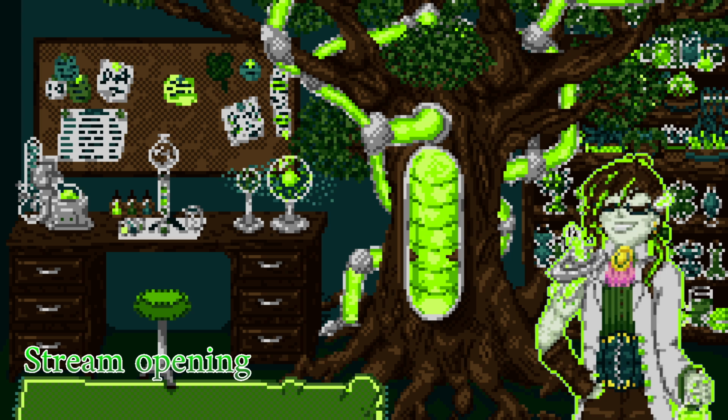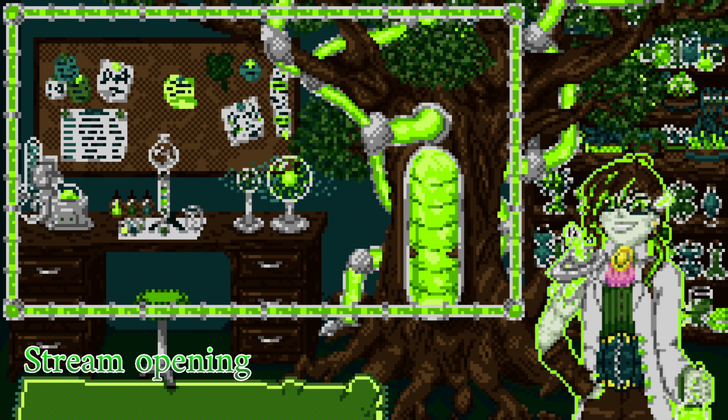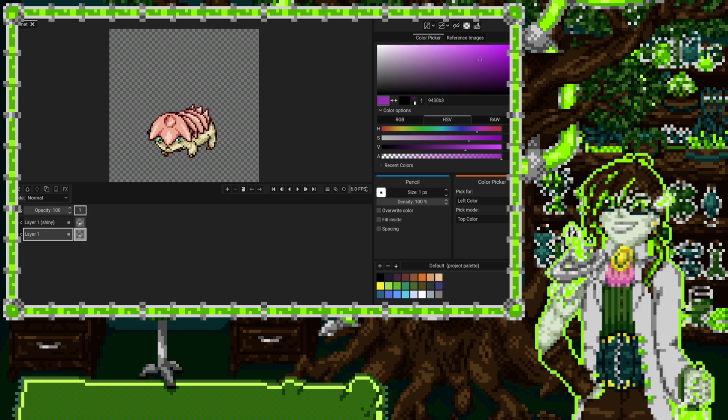Let's go. I think I have already opened the document. Perfect. So the plan is to animate this, and if I have the time, the evolution. I take a longer time animating Fakemon than what I take creating them, because 16 frames basically. Even though I reuse a lot of frames, I end up